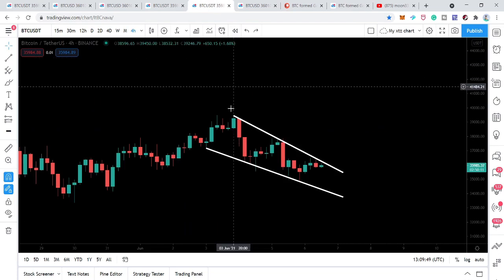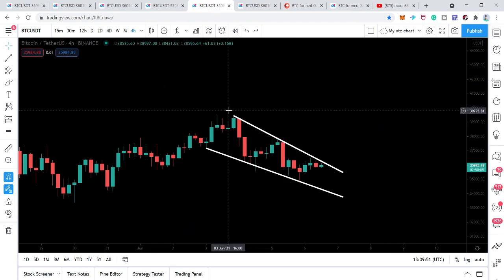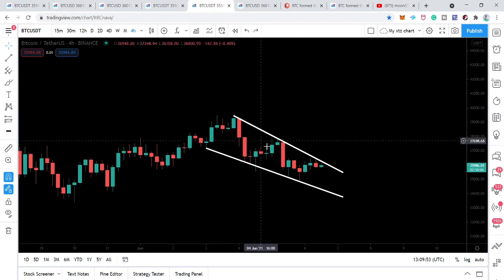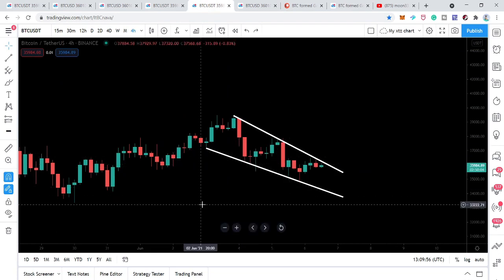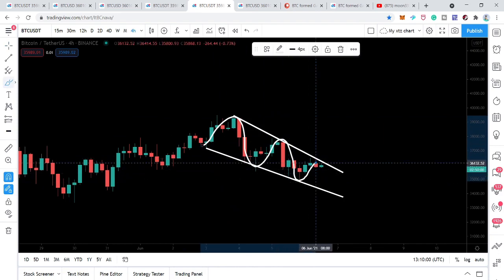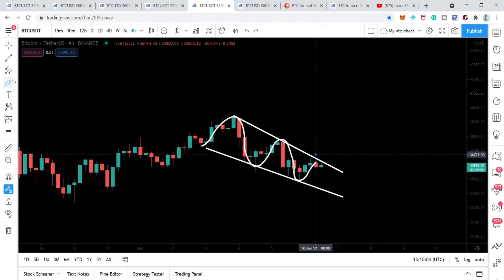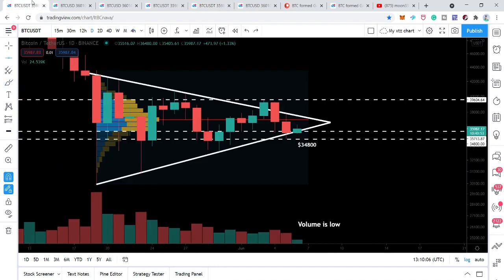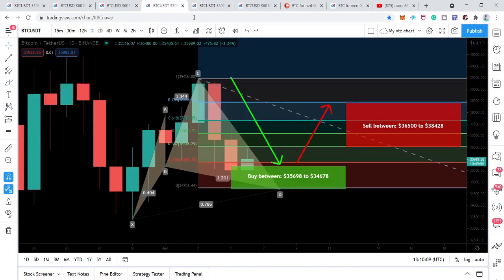Now during this, on the 4-hour chart, the price line has also formed this falling wedge pattern, and you can see that it is moving very well between the resistance and the support of this pattern. At this time we are at the resistance of this pattern, and at the same time the price action on the daily time frame chart is at the support and in the buying zone of the bullish Cypher. Now these moves are indicating that we can have a big move to the upside,